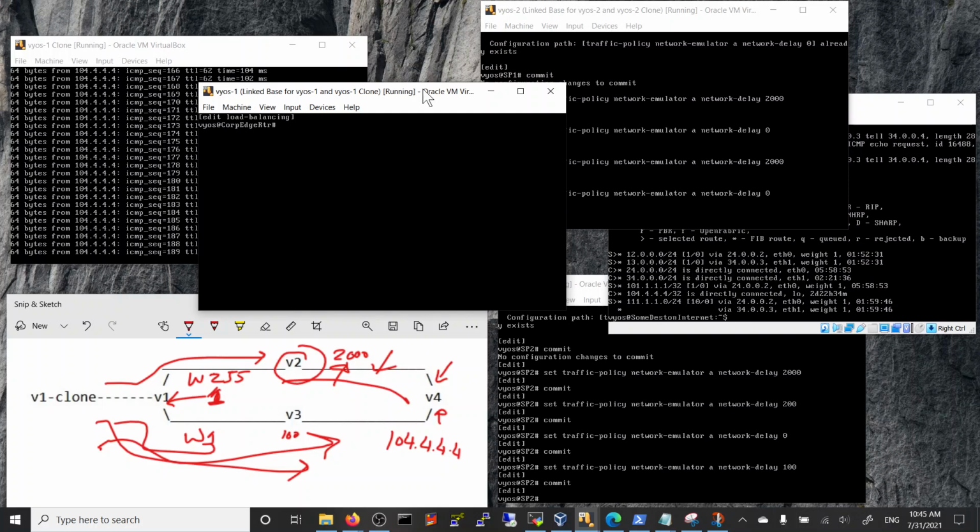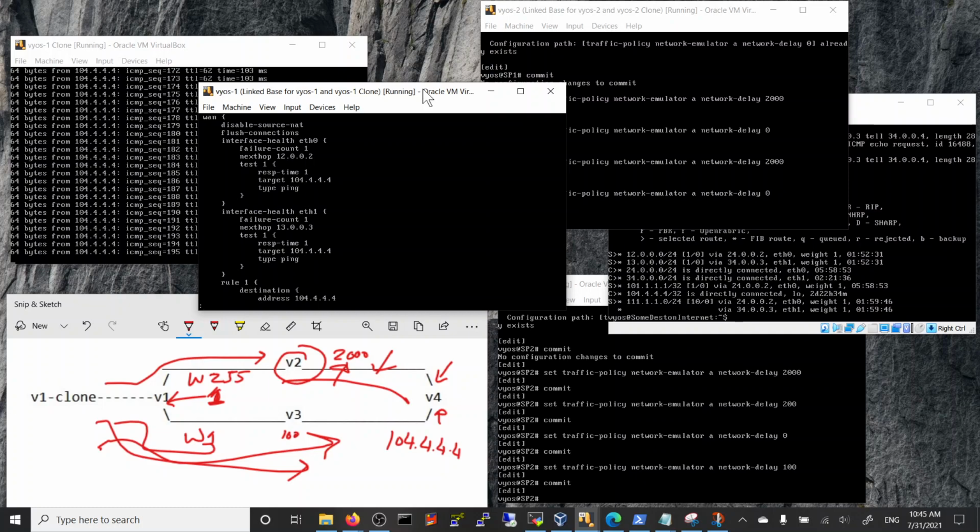So this configuration, this feature set is called WAN load balancing, and I'll show you the configuration for this. It's pretty straightforward. This is how you configure the WAN load balancing. You basically disable, it's not disabled by default, so you have to disable the source NAT. You have to use the flush connections command to make sure this is dynamically done. And these are the egress interfaces, E0 and E1. So this is E0 here,